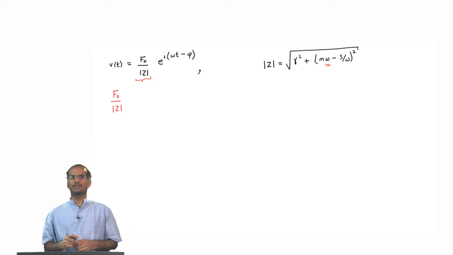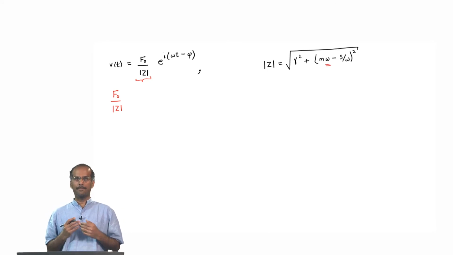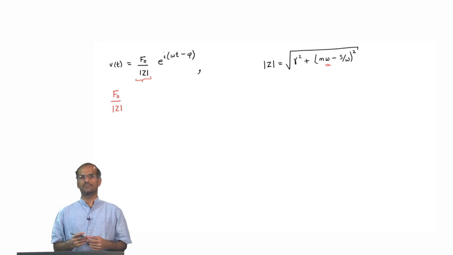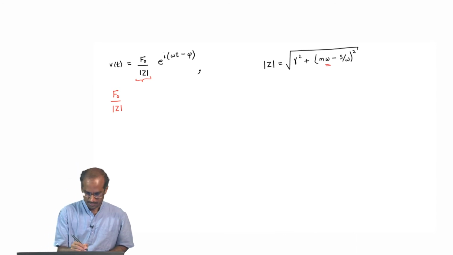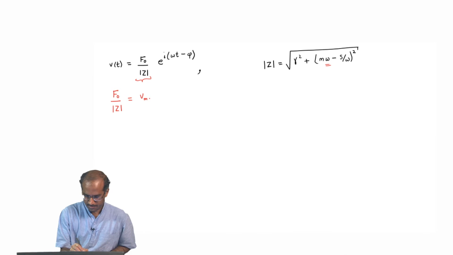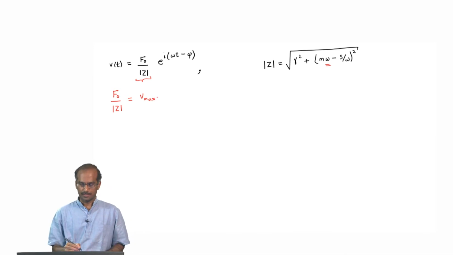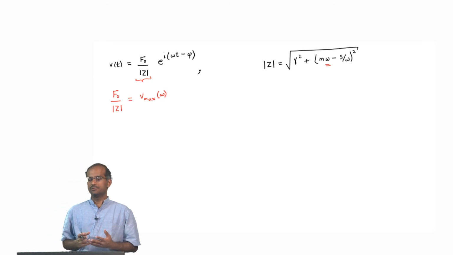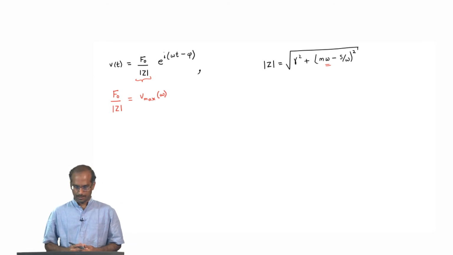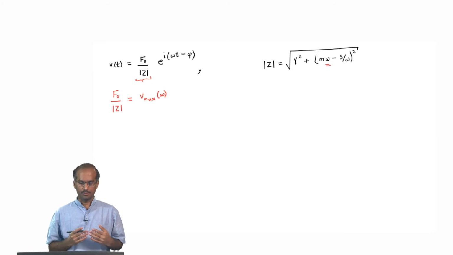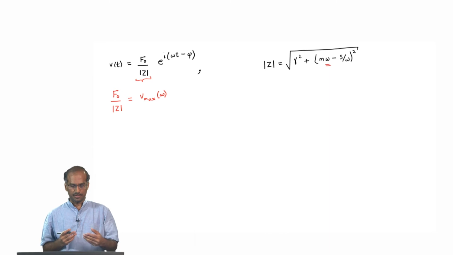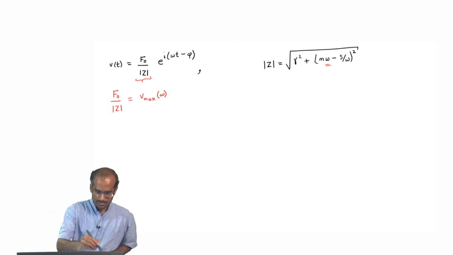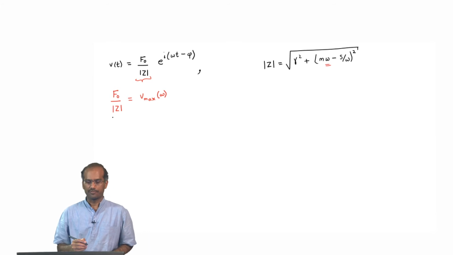So, in that case the question would be, how does the amplitude of velocity, the maximum of that, behave as a function of the driving frequency. So, if this is my V max, how does V max change as a function of driving frequency omega? That is the question, and it is very easy to see from the expression for mod z that the maximum value of amplitude will come when the denominator is minimum. In other words, the maxima of f0 by mod z